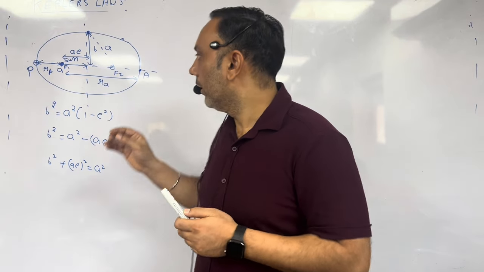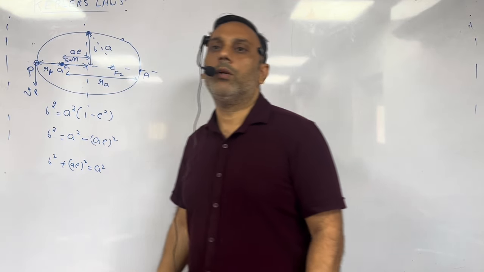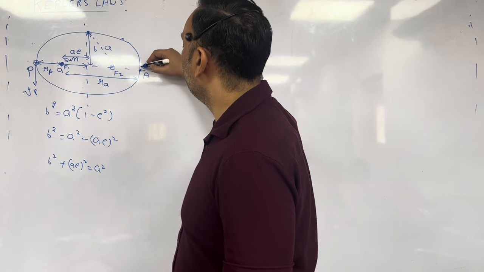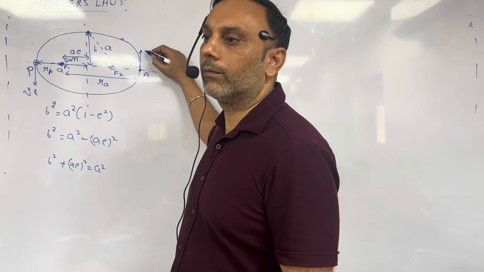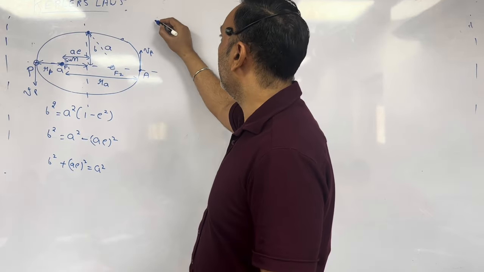Potential energy is minimum, right? So when a planet is nearest, potential energy is minimum and kinetic energy is maximum. And if a planet is farthest from the Sun, its kinetic energy is minimum, right? So at perigee position, velocity is maximum. Perigee is a point where velocity is maximum, and apogee is a point where velocity is minimum. So Vp means V max, Va means V minimum, right?